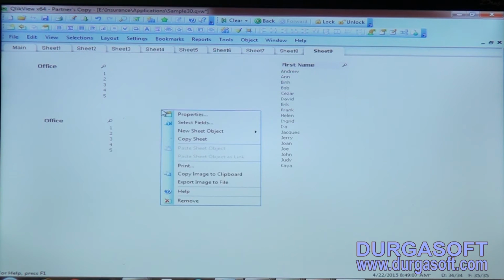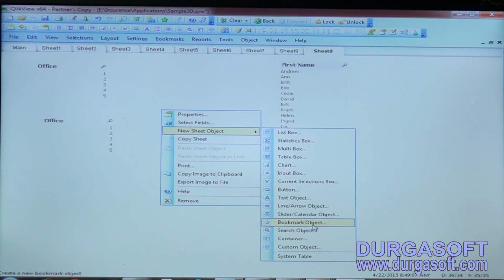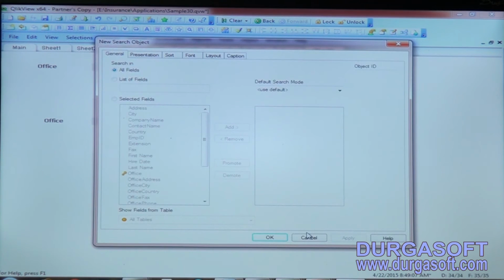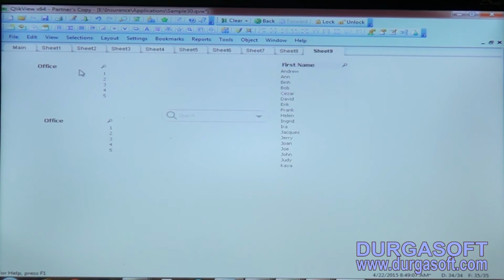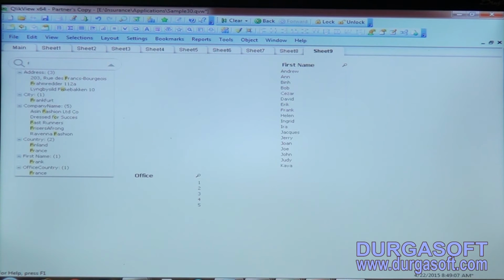We have here one more object. If you right click here, new sheet object, we have one search object. So take this search object and click on OK. This kind of search object we normally keep on the left hand side of your dashboard, so that if user wants to search in his dashboard whichever names are starting with a particular letter, he can click on that and